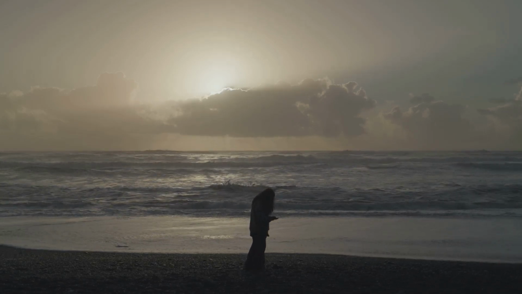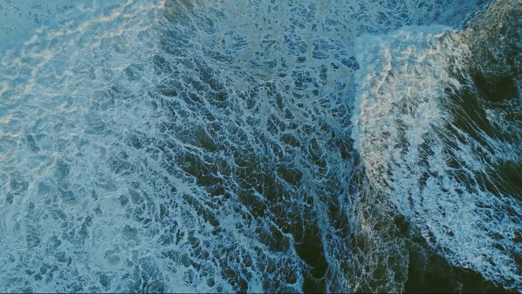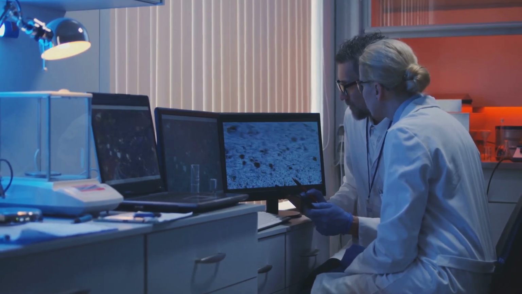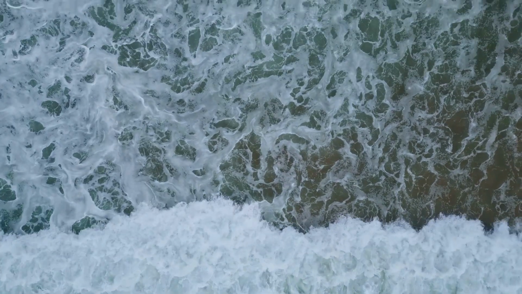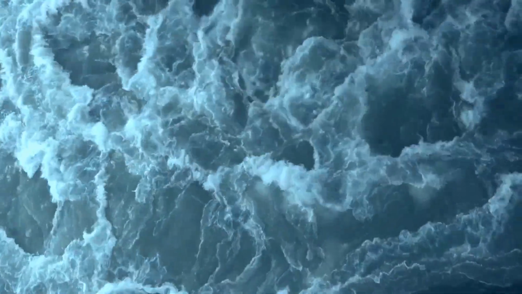As we conclude our exploration of ocean tides, it's important to remember that we've only scratched the surface of this fascinating phenomenon. The study of tides, much like the ocean itself, is vast and full of mysteries yet to be unraveled. Scientists continue to explore the complexities of tidal patterns, using advanced computer models to predict tides with greater accuracy, and understand how they are influenced by factors such as wind, atmospheric pressure, and ocean currents.